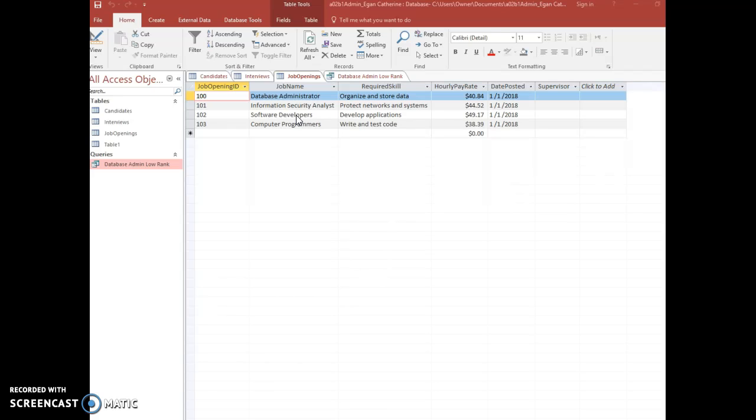They develop applications, and that job hourly rate is $49.17. And the fourth job that I selected was a computer programmer, which they write and test code, and the hourly pay rate for that job title is $38.39. So once we created all of the different tables here,